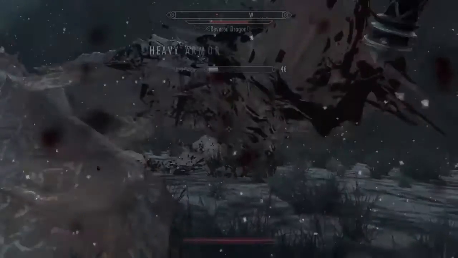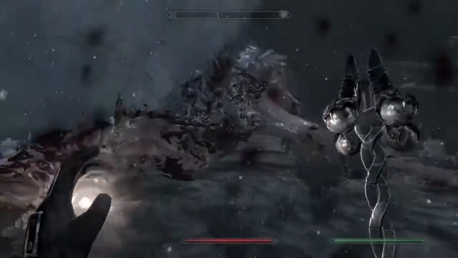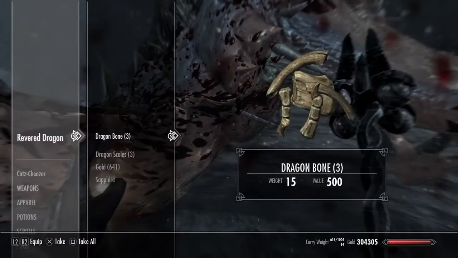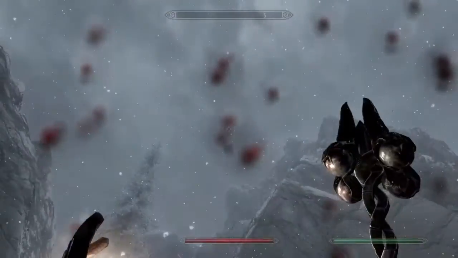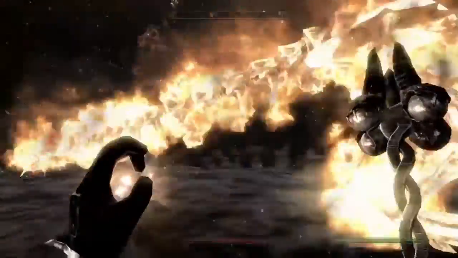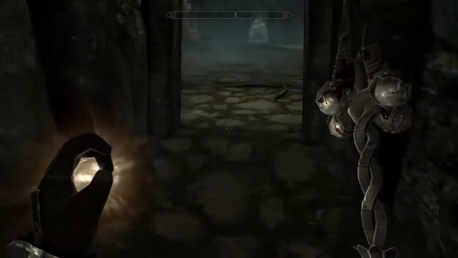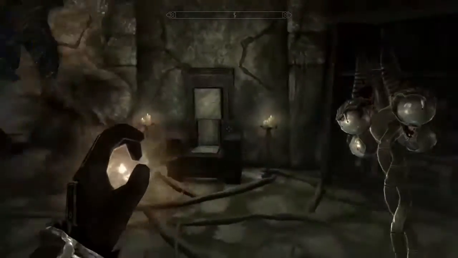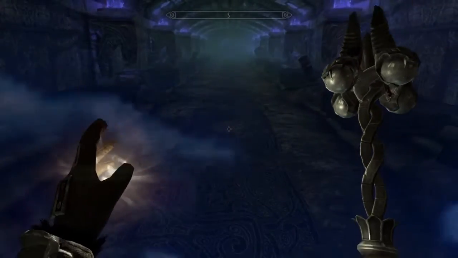And frankly, if I wasn't overpowered, I would have died. I would have absolutely just died. That's cool, though. Where are we? I think it would be better if the dragon's kind of asleep when you first show up. That way you have at least one second to respond. But, oh